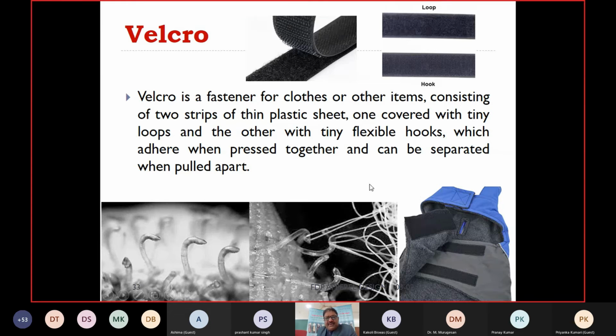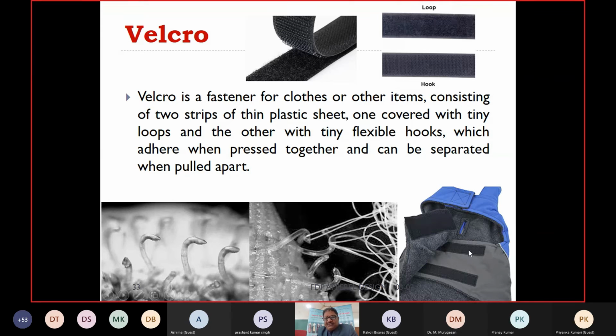But the negative part of this type of Velcro is that it is not preferred to install in knitwear garments. Because in knitwear garments, each and every attachment draws the fibers from this location, and over a long time that will destroy the structure of the fabric. In knitted structures there may be easy withdrawal of the yarns from the structure of the fabric.